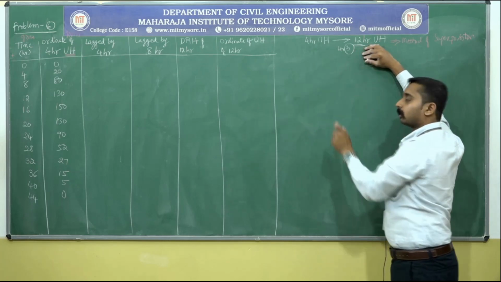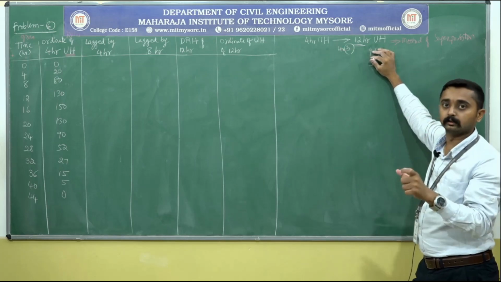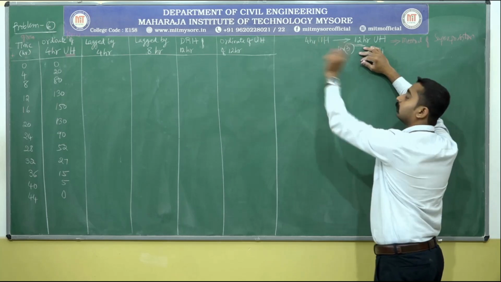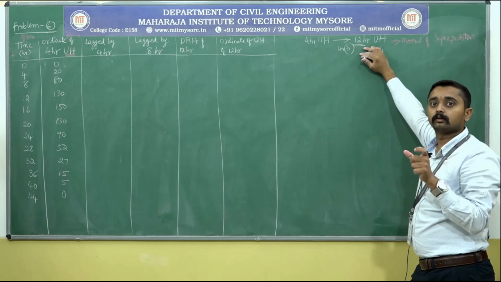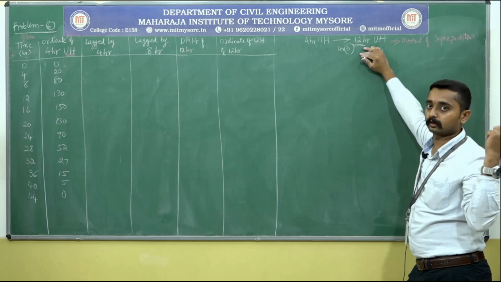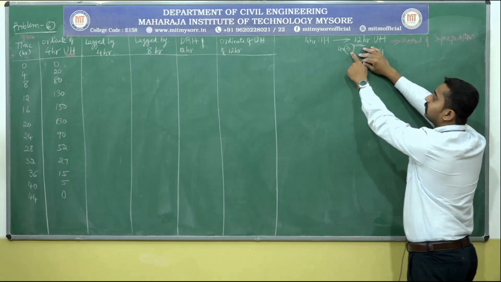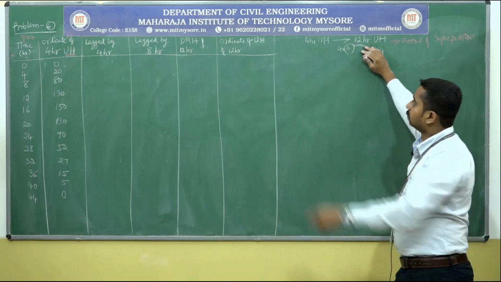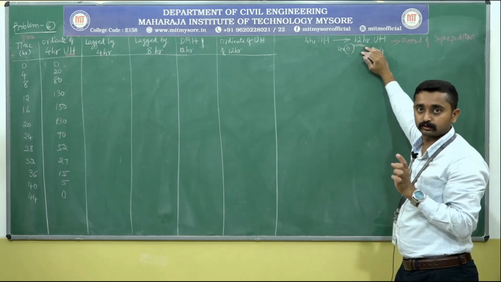3 number 4-hour unit hydrograph, we need to construct the 12-hour unit hydrograph. Already 1 number 4-hour unit hydrograph we have. Now we need to calculate 2 number 4-hour unit hydrograph. So we can directly go, this is an integer, as I explained in the previous session. If n is an integer, we can directly go for method of superposition.